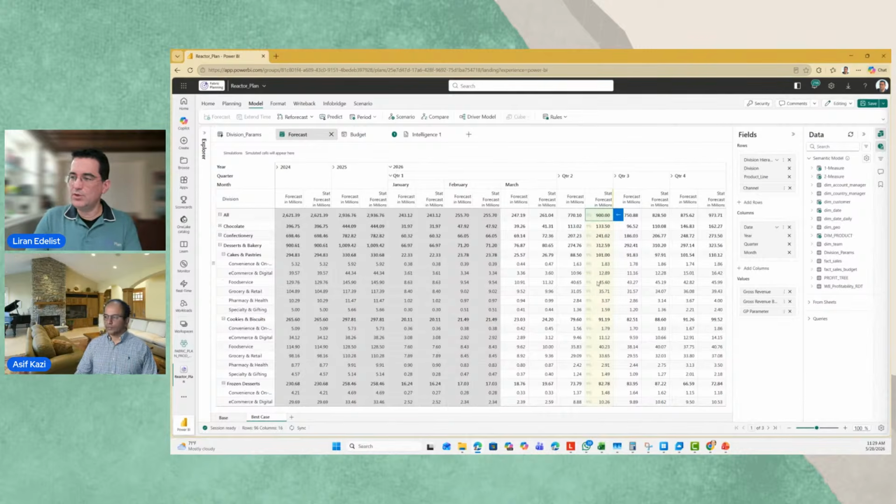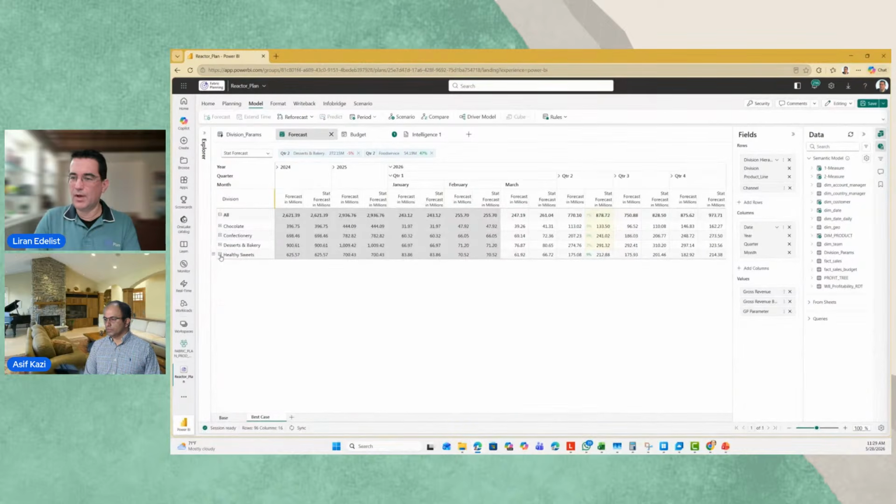And you can see you can also type a number, but we also have this kind of a gauge. And I can say, well, maybe that is going to decrease a little bit, but those guys are still going to increase. And I can collapse that and go back maybe into our healthy suite. We know people like healthy product. So we're going to increase our healthy product scenario as well. So you can play with that as well. And you can do a simulation where you always get here to decide the percent change of that.